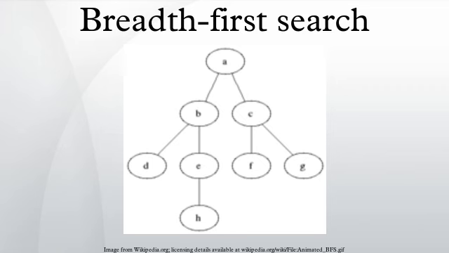Pseudocode. Input: a graph G and a root V of G. 1 procedure BFS(G, V) is, 2 create a queue Q, 3 create a set V, 4 add V to V, 5 enqueue V onto Q, 6 while Q is not empty loop, 7 T := Q.dequeue(), 8 if T is what we are looking for then, 9 return T, 10 end if, 11 for all edges E in G.adjacentEdges(T) loop, 12 U := G.adjacentVertex(T, E), 13 if U is not in V then, 14 add U to V, 15 enqueue U onto Q, 16 end if, 17 end loop, 18 end loop,